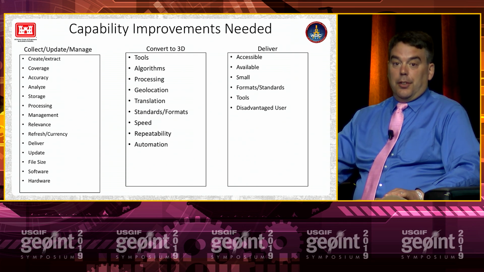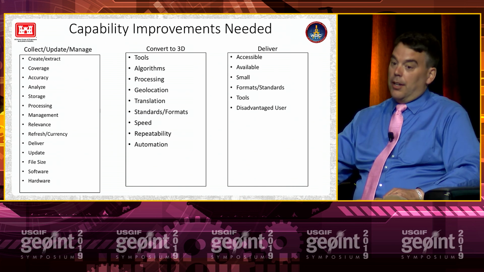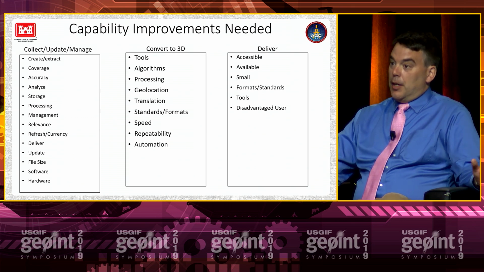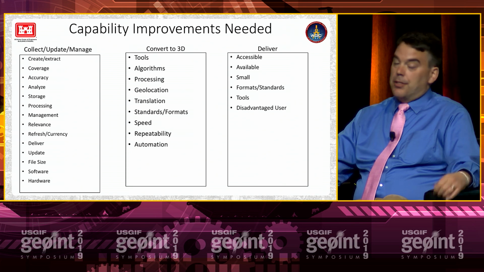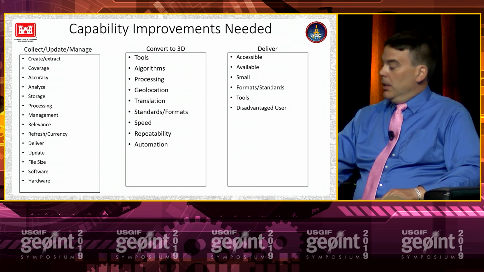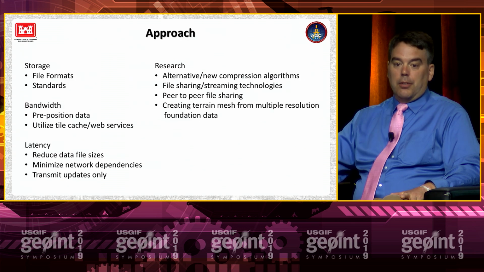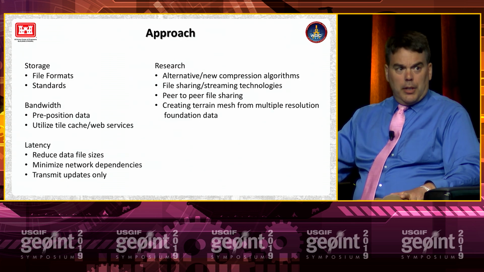Then there's the delivery. How do you move that data from the cloud into the user's hands? How does the user system use that data? All of our mission command systems were generally built to use 2D data. We've been able to do some finesse and get some 3D data in there, but it's not necessarily georeferenced. It loses all of its attributes. So these are some of the challenges we face in implementing the kind of vision that the Army's working towards. So how are we going to go about this?